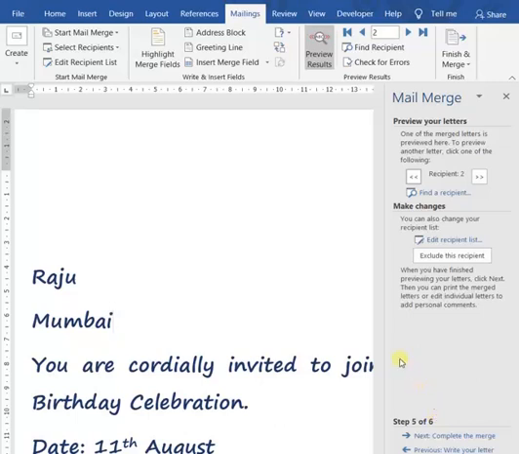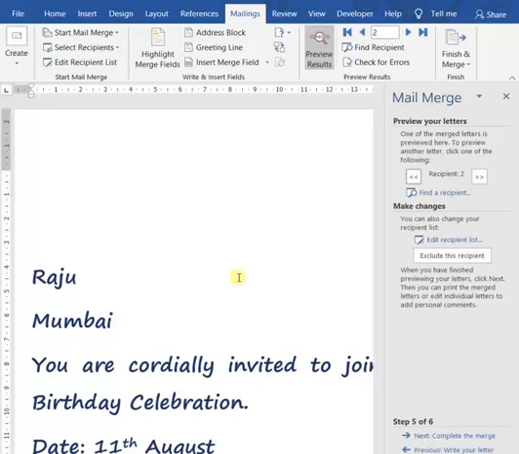Then each time it will insert one entry from the database or the data source into our individual letter. So in this fifth step, the process of merging has been done. The contacts taken from the data source are combined in the main document and they are displayed as separate letters.